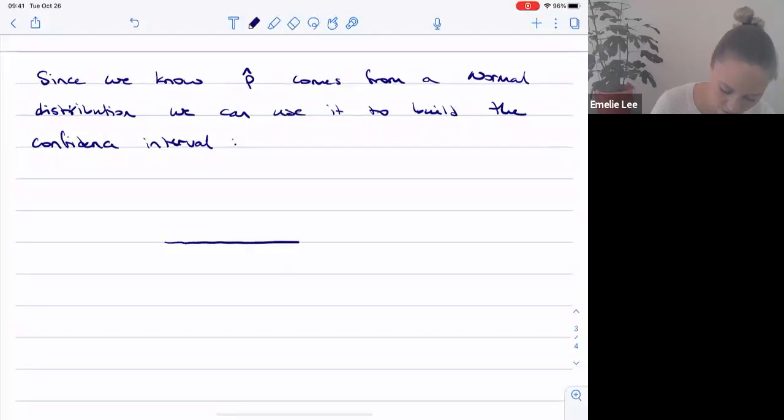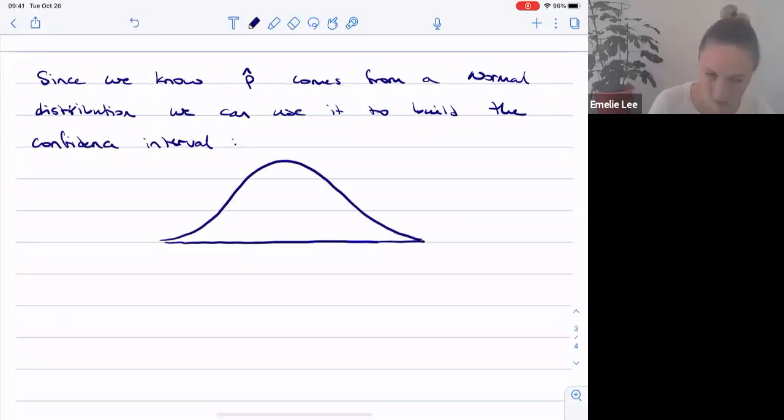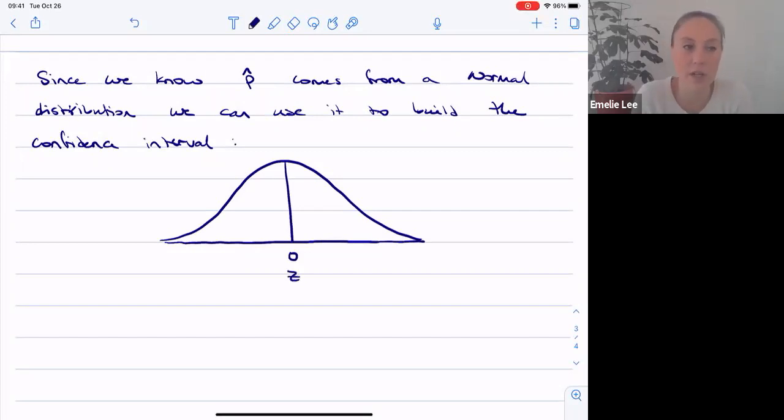So if I know that it comes from a normal distribution, so then here, let's say I'm looking at a Z distribution. A Z distribution is centered on 0. And so because I can always standardize a sample proportion because I have the standard error,